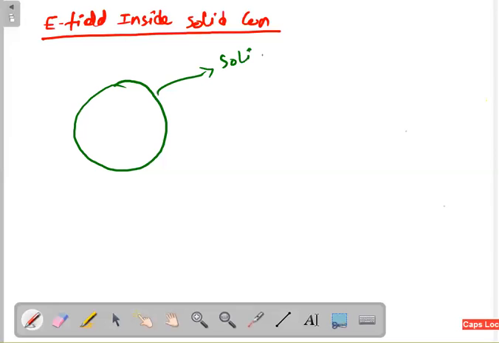Okay, solid conductor. But even if it is solid, I can put my imaginary surface anywhere. Okay, I am drawing my imaginary surface here, or I can draw like this, or I can draw outside the solid also. Once I am standing here, who can contribute the electric field, sir? The charges that are present inside.